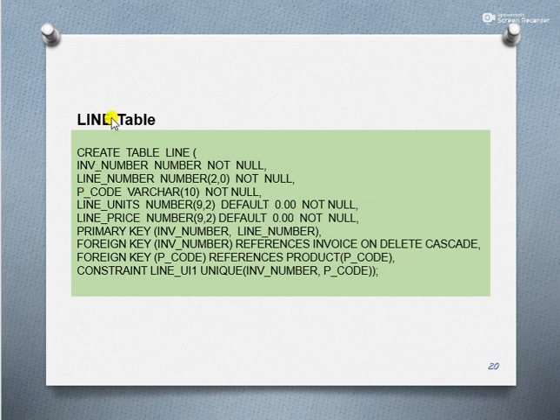Okay, this is the definition of the third table, that is the line table. The name of the table is line, and this line table has primary key invoice number and line number. So invoice number is a number, not null. Line number is a number, length is 2 and decimal is 0, not null. And then product code varchar 10, not null. Then line unit is a number, and default value line price. Okay, this is the data type, this is the default value, and it should be not null.